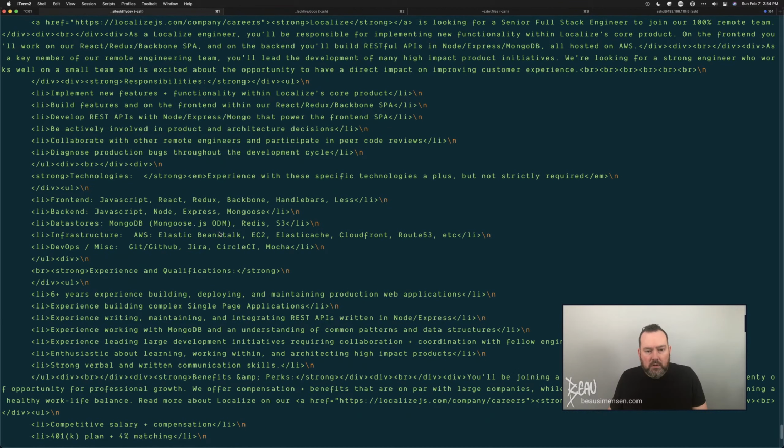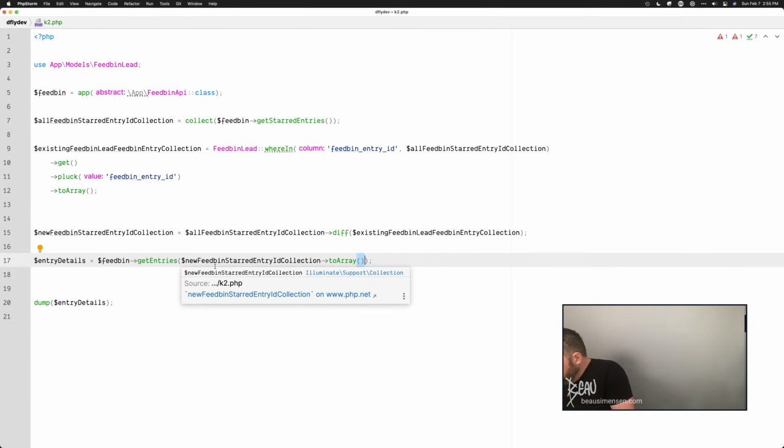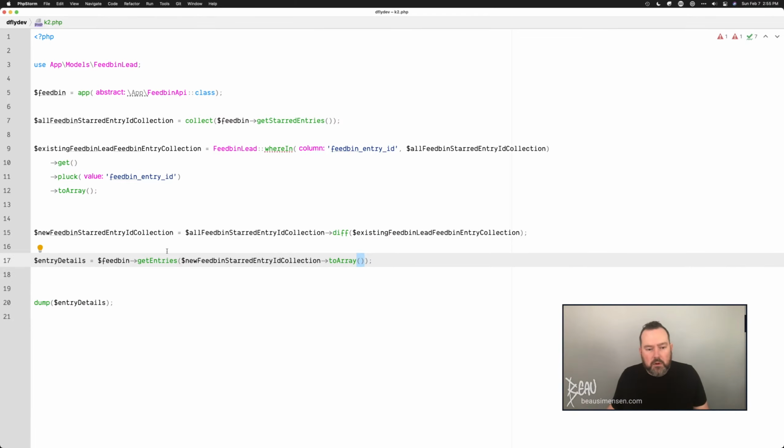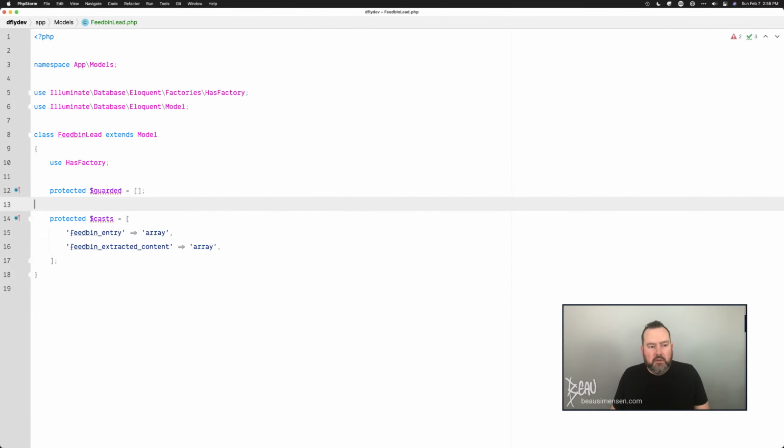So at this point, based on our state mapping stuff, I think we should be able to store these in the database. So I'm going to open up our Feedbin lead, and I'm going to create some constants. So let's do